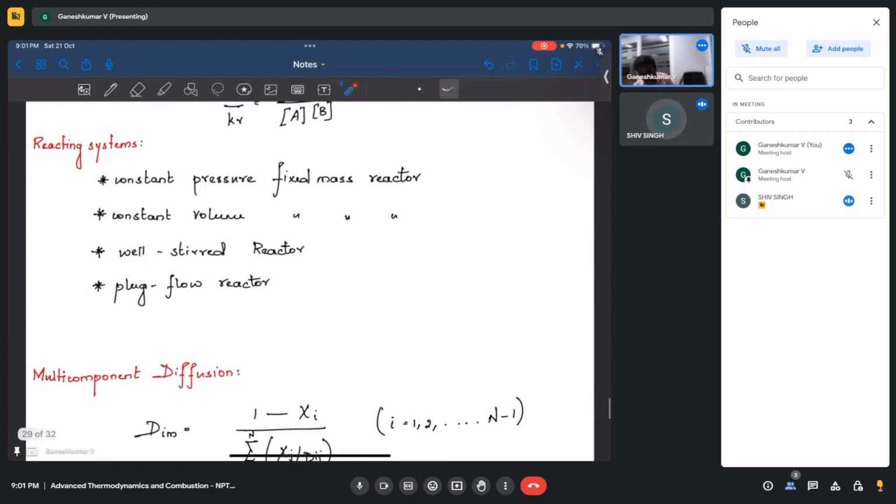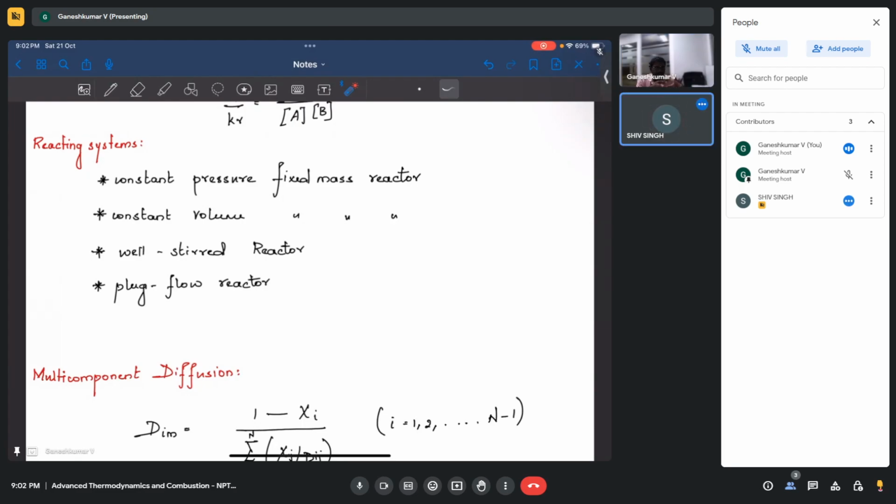Then we came into reacting systems. In reacting systems there are different types: the constant pressure reactor, constant volume reactor, well stirred reactor, and plug flow reactor. These are the different reactors in which combustion can happen. Basically, in a constant pressure reactor, what you will use is